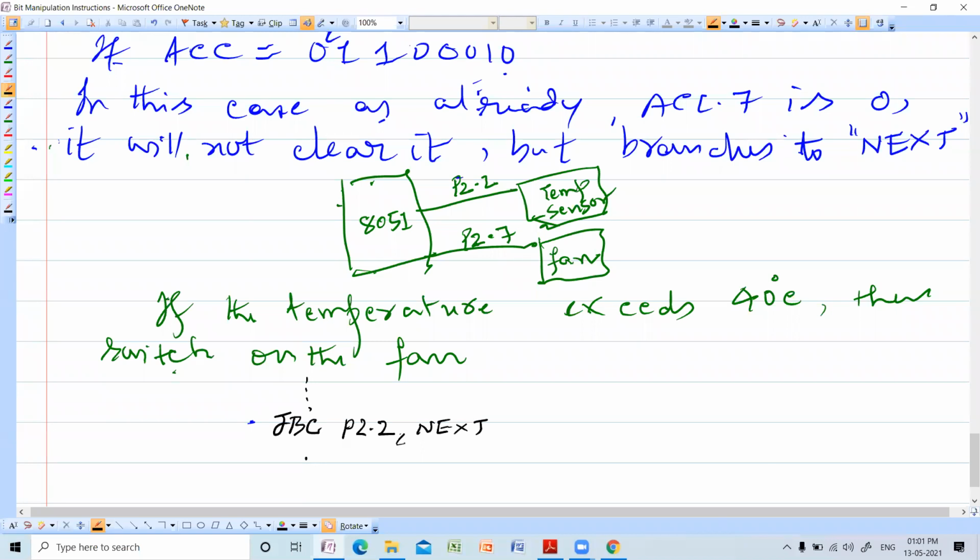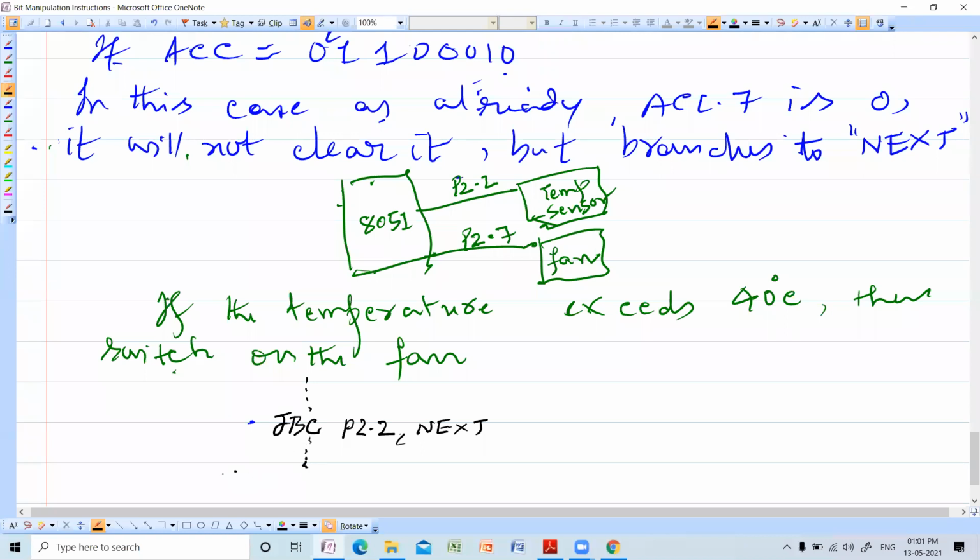So continuously P2.2 will be sensed. Whenever temperature exceeds 40 degrees, the temperature sensor puts a binary value 1 on P2.2. So P2.2 will be 1. Then what does it do? It branches to next.